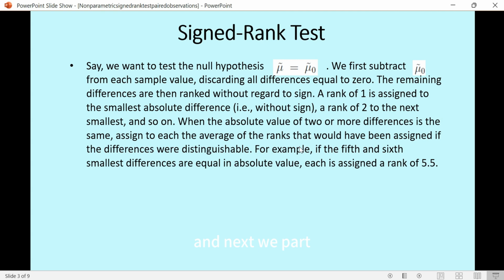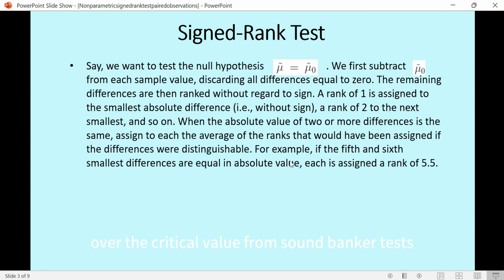Next we take two sums of ranks, one from positive values and one from negative values. The smaller of these two rank sums is taken, and if it is very small